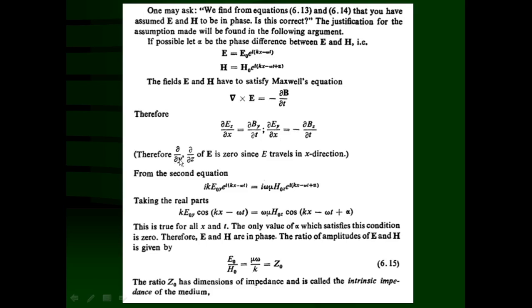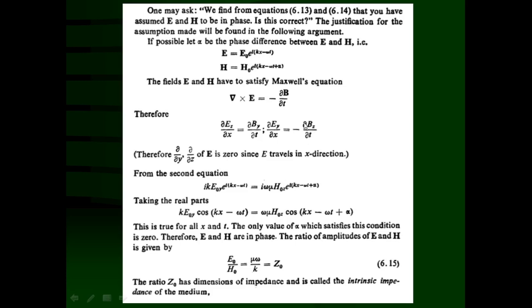Therefore, del y and del z of the electric field are going to be 0 since E travels in the x direction. Now, we can utilize the second equation here, del Ey upon del x. So we want the Ey component of this equation. So what is the Ey component? Ey is equal to E0y, the amplitude, e raised to i(kx minus omega t), and